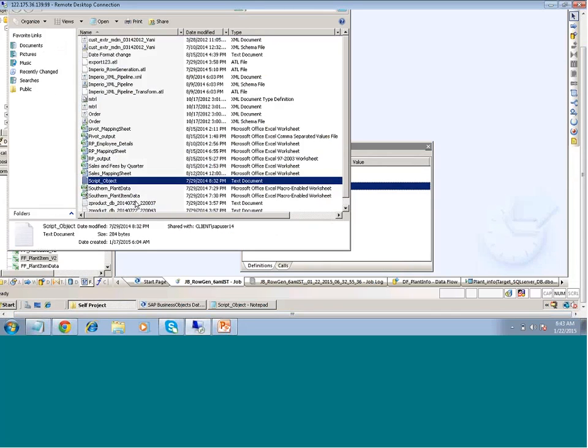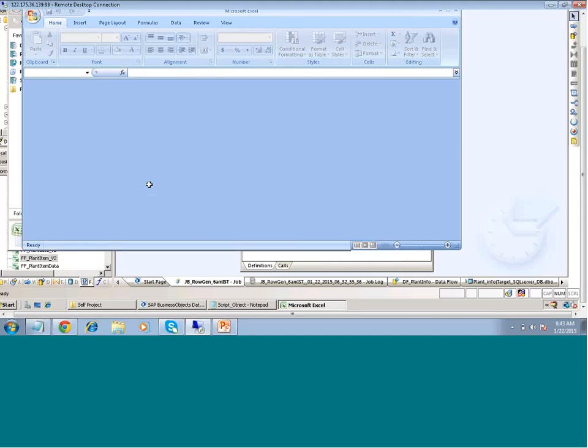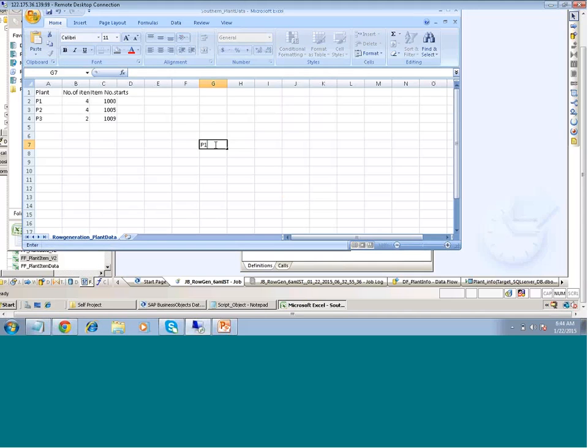In the Excel sheet, as I mentioned previously, on the fly I will say P1. So what actually does it have to do? For the P1, whatever value I have given, BODS has to look in this